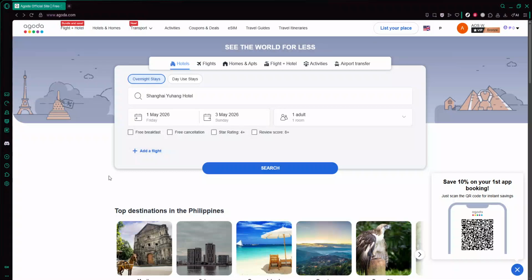In this video, I'll guide you through how to choose the best hotel on Agoda so you can feel confident about where you're staying and avoid any unpleasant surprises. We'll go from the very first search all the way to picking the hotel that fits your needs and your